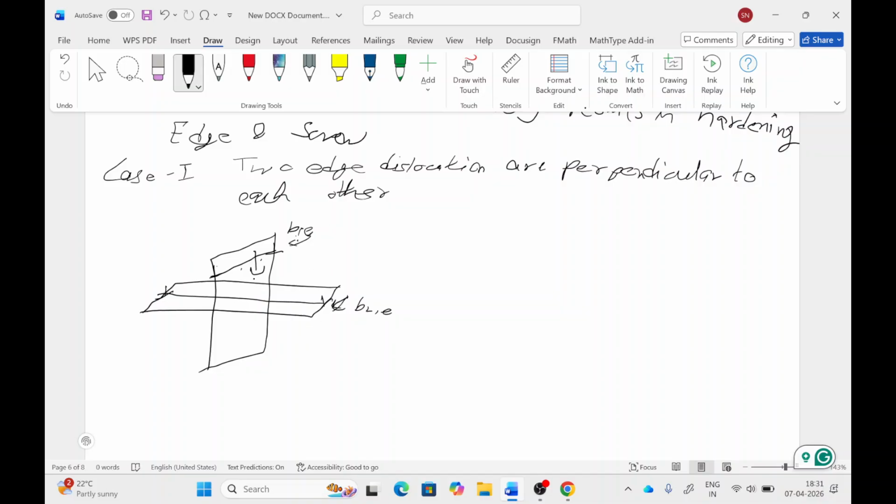So at one point they meet at this point. The Burgers vector for this is B1, for this is B2, and the line vector for this is T1, and for this is T2. After they intersect at this point,